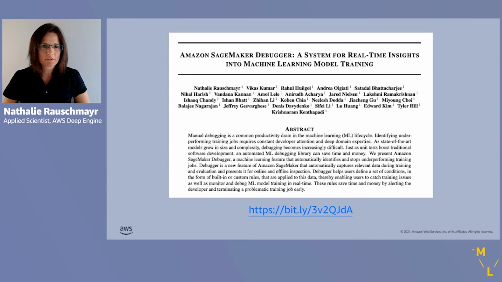I highly recommend you to check out our recent publication. In this paper, we describe in detail the architecture of Amazon SageMaker Debugger, as well as all the available built-in rules, the kind of issues they can detect, and also we describe how you can possibly fix your training script to mitigate some of these issues. We also describe several use cases of how you can use SageMaker Debugger in end-to-end analysis workflows.